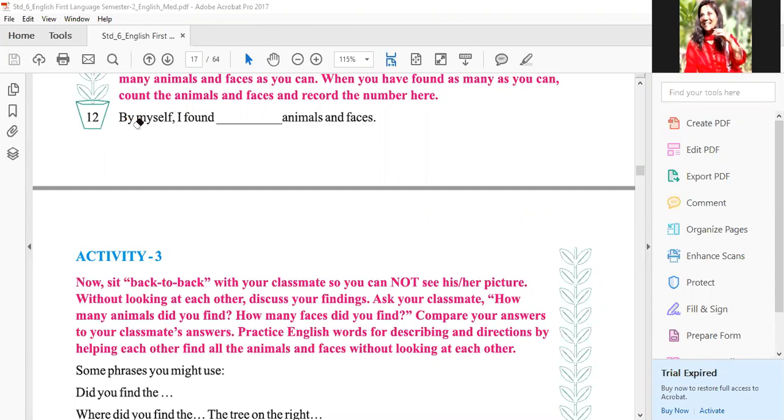Actually again this activity is supposed to be done with your friends and you have to discuss, but then again do it on your own and then we will discuss it. How many animals faces did you find in this picture and how many human faces have you found in this picture? Okay, and activity 3,